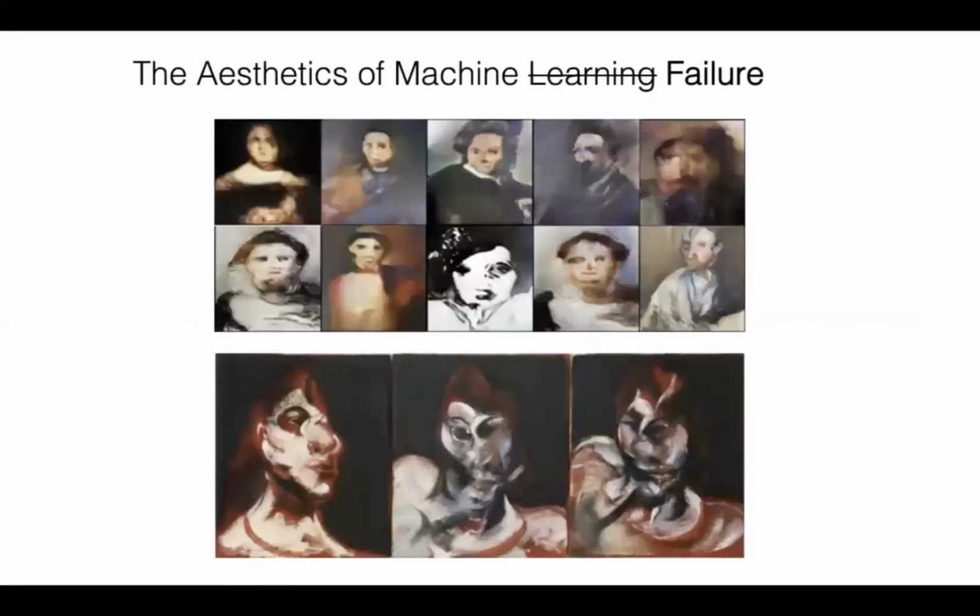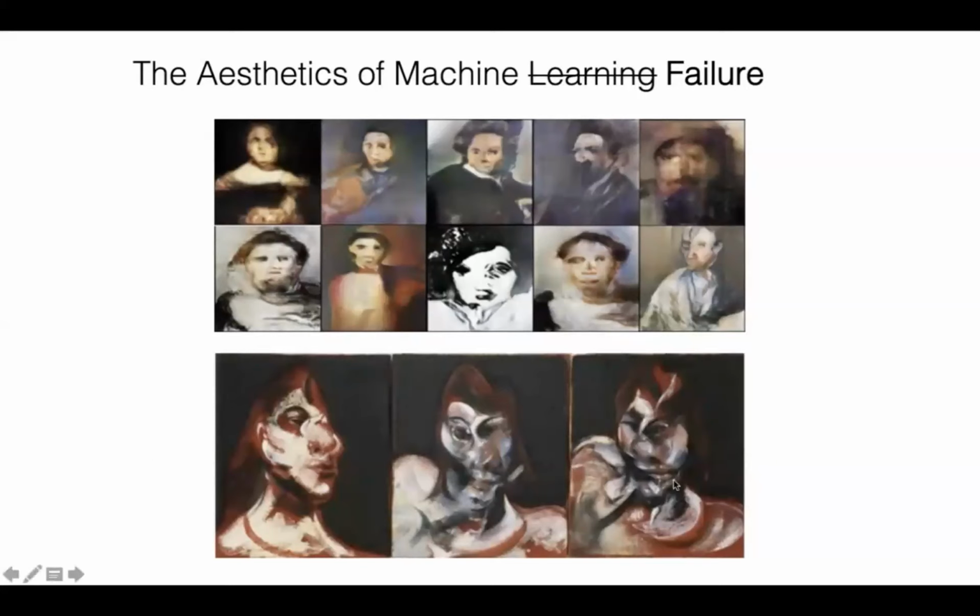So let me start by looking at early GANs and the kind of aesthetics that we get from these GANs. Here at the top, I'm showing a typical generation of a GAN when we train it on classical art portraits. And obviously GANs at that time generated this kind of very deformed, uncanny looking portraits. These portraits actually remind us of some of the work by Francis Bacon in the portraits at the bottom here,